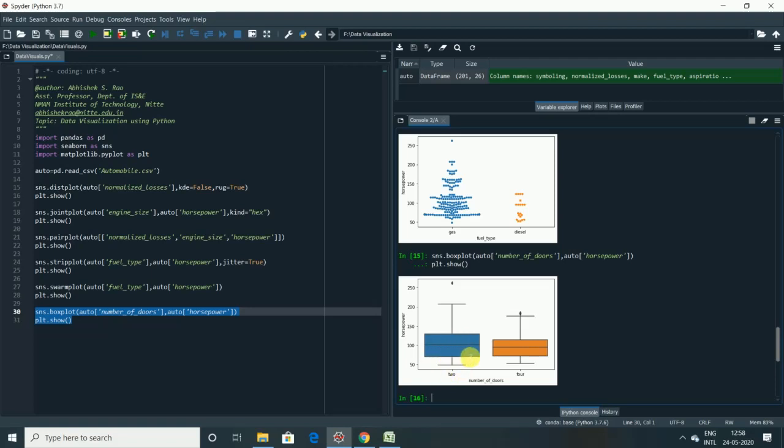The lower line of the box is called quartile 1, and the upper line is called quartile 3. So this is 25% of the data, this is 75% of the data, and the line that you see in between the box is nothing but the median, or 50%, also you can call it.